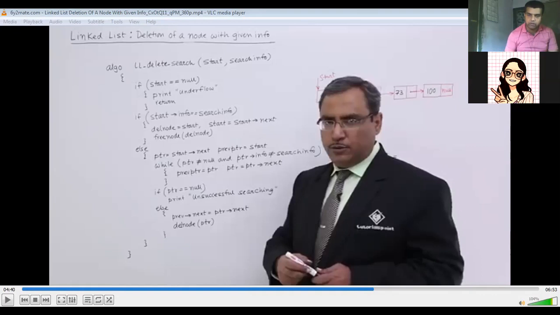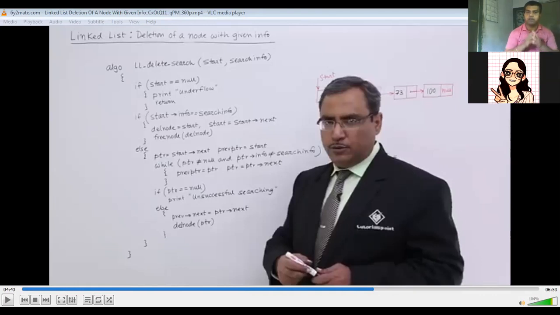And what is underflow? Underflow means that there is no linked list that exists where you can perform any deletion operation. Okay, so that is the first case which has been indicated, that the start is equal to null, then print underflow and return. That means my linked list does not exist.